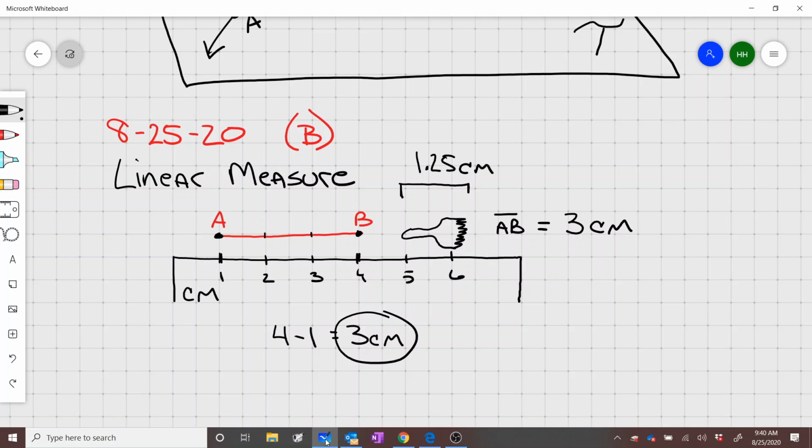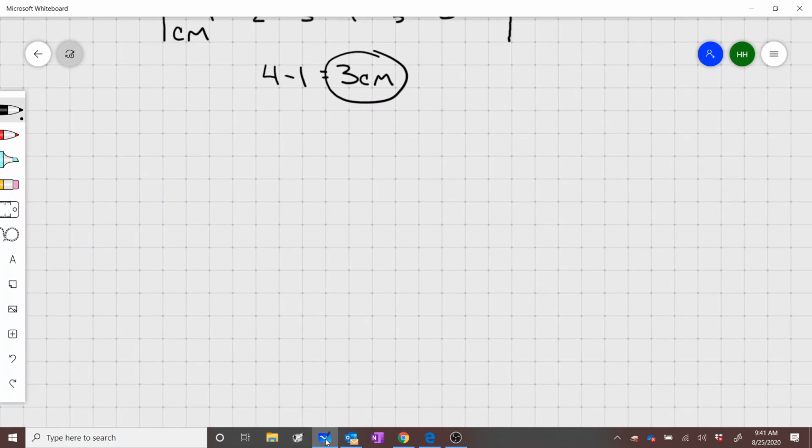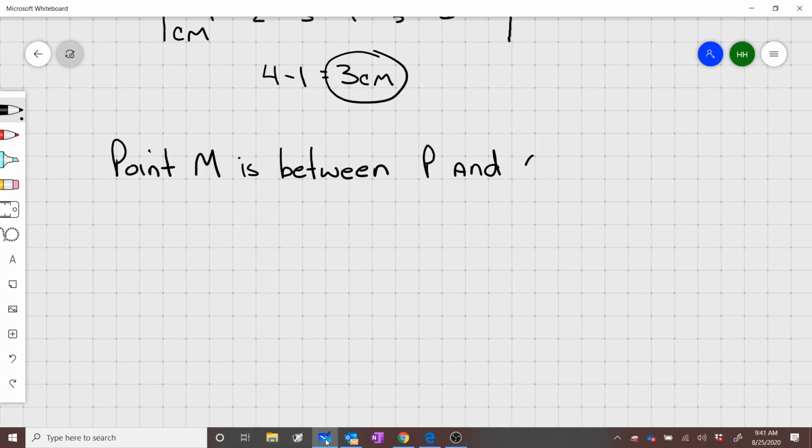Okay? Alright, very good. Now, the next thing we do need to talk about that gets a little bit more technical is betweenness of points. Alright? Recall from any two numbers, A and B, there's a real number n that lies between A and B, such that, let's write this down. Point M is between P and Q if and only if